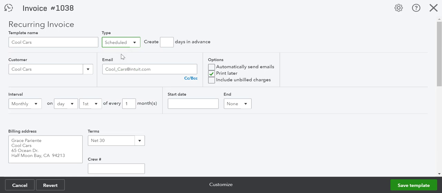If you use scheduled, it will automatically create it however many days you want. If you do it 5 days in advance, that is the date that they will put on the invoice, and it will post into your QuickBooks account on that date. If you don't want it to post until the actual day, then you would just put 0. You can have it automatically send emails,